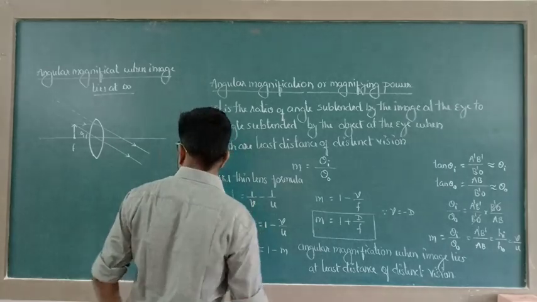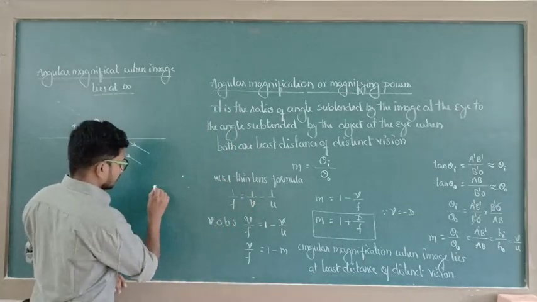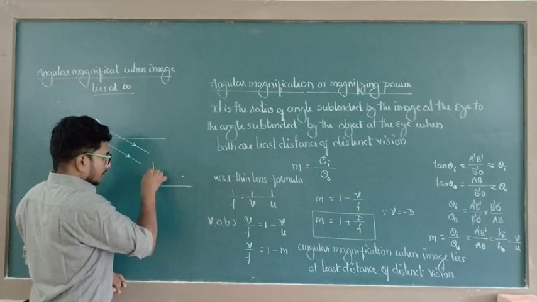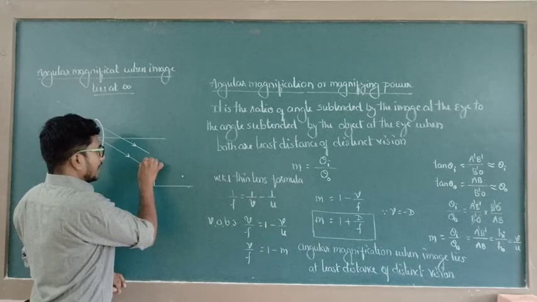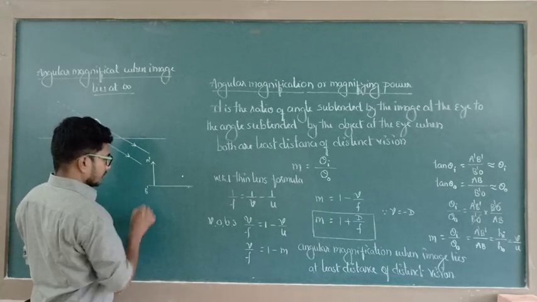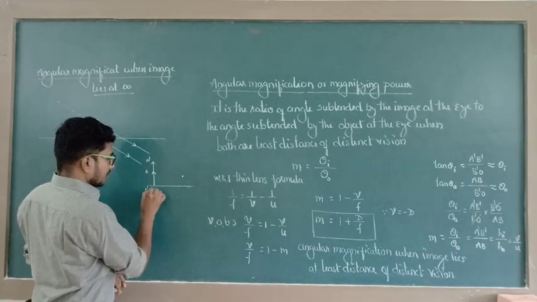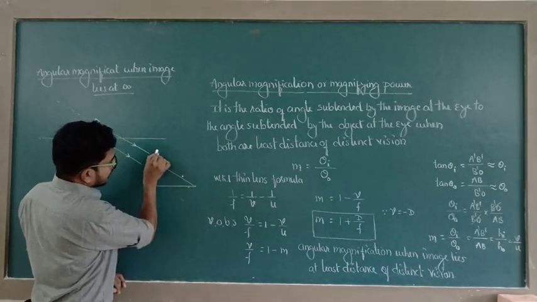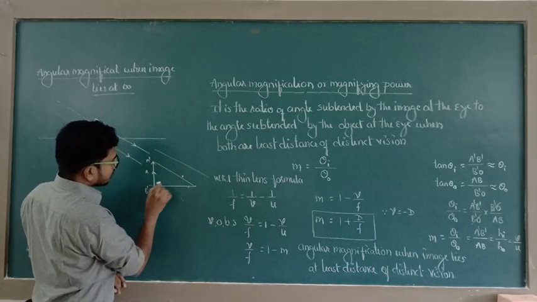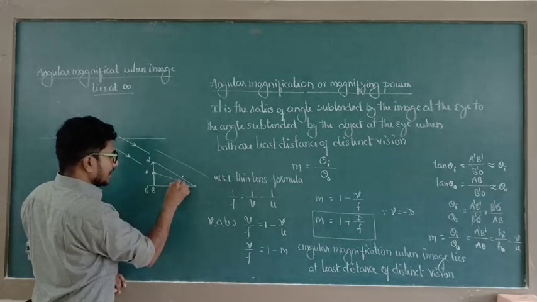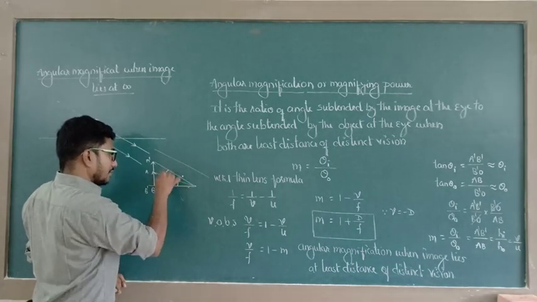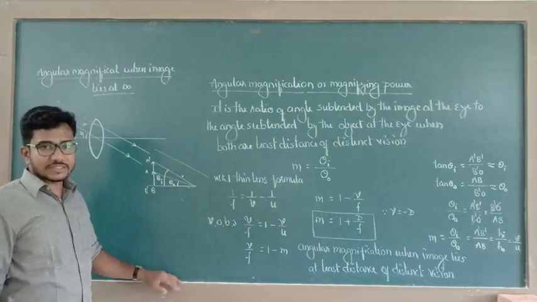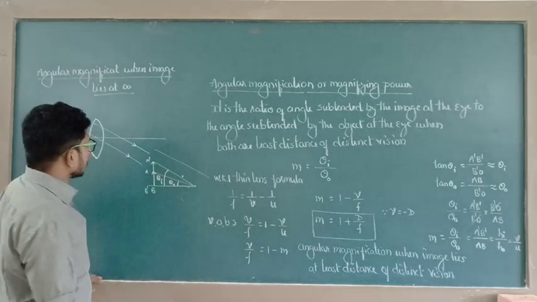So here: principal axis, image A dash B dash, object AB, optical center, parallel light beam, the angle made by the object, the angle made by the image. Now both are at the same distance. So here